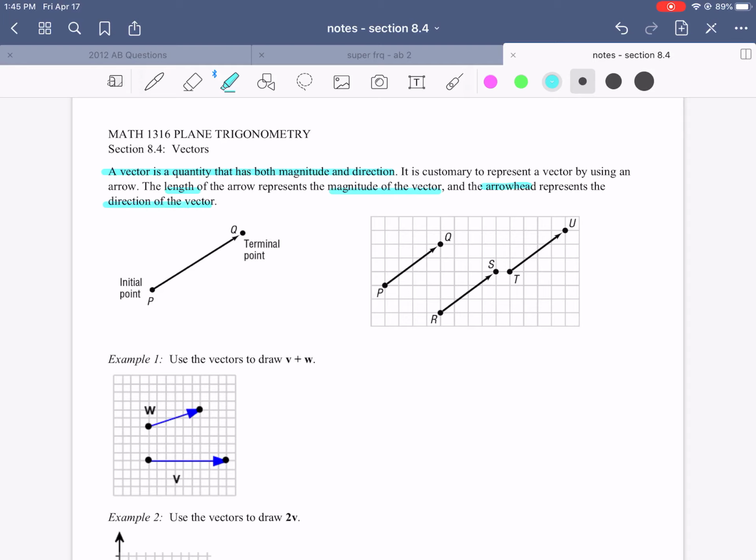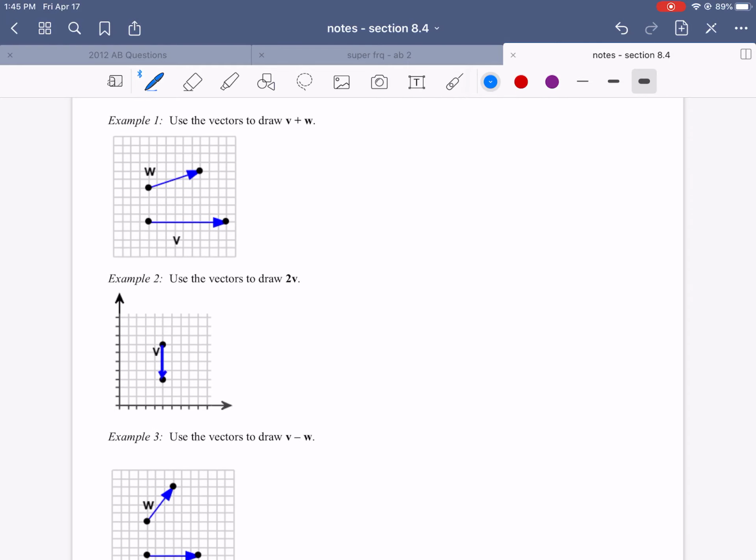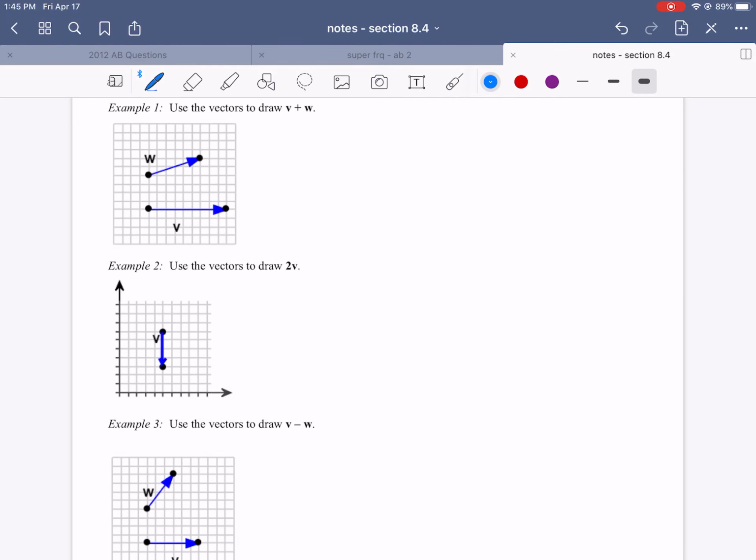And a lot of the times we will talk about vectors in terms of initial points, or where the vector starts, and then terminal points, where the vector ends. And so in examples 1, 2, and 3, we're going to practice drawing vectors. And so I'm going to show you exactly how this is done whenever we add two vectors, in this case,